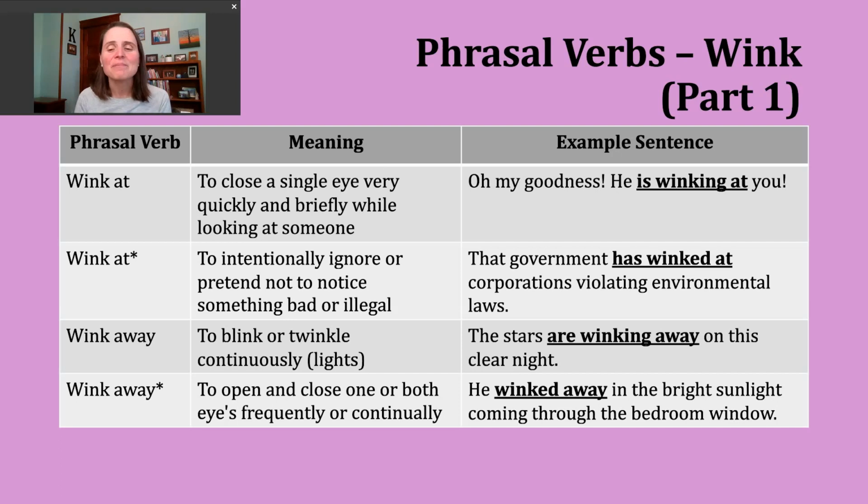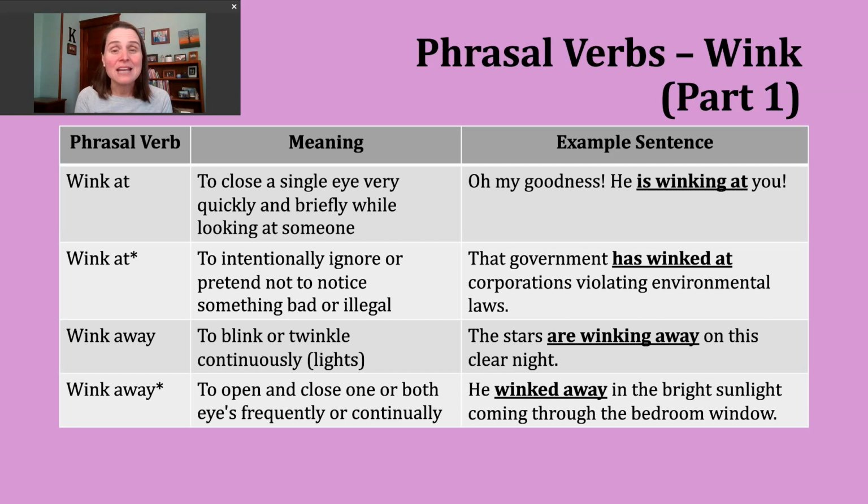An example of this might be, he winked away in the bright sunlight coming through the bedroom window. So maybe we can imagine someone has just started to wake up, right? And they see this light, and their eyes are trying to adjust to the light. So they open and close repeatedly. Some people might also do this action of kind of wink away as they're trying to stay awake or focus on something. He winked away in the bright sunlight is an example of our verb in the simple past